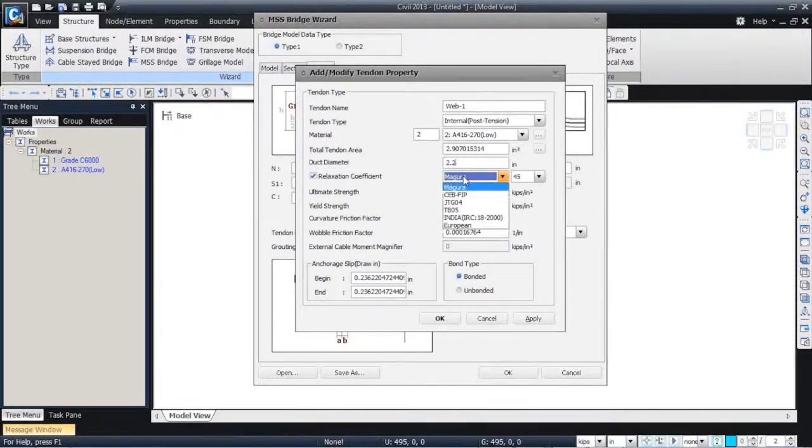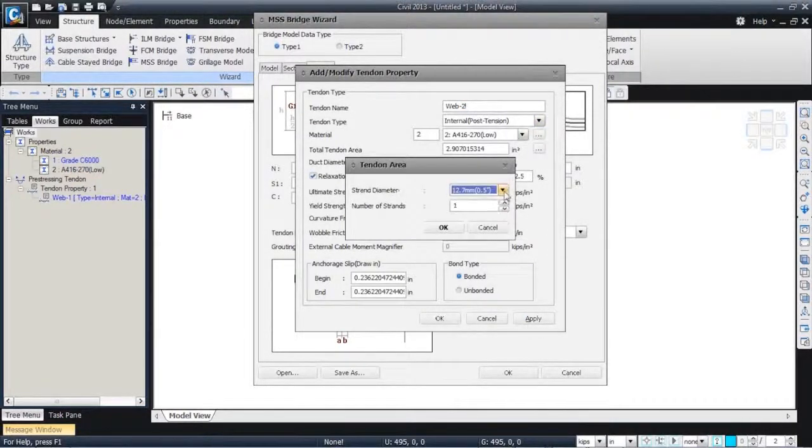select the relaxation coefficient, since it is a low relaxation strand. So I'll enter 2.5%, and then they are all bonded tendons. After this, I'll hit apply. The moment I do that, you can see the works tab is updated, and then I'll change the name to, let's say, web 2. So what I'll do is define like 4 different tendon properties and show you how to optimize